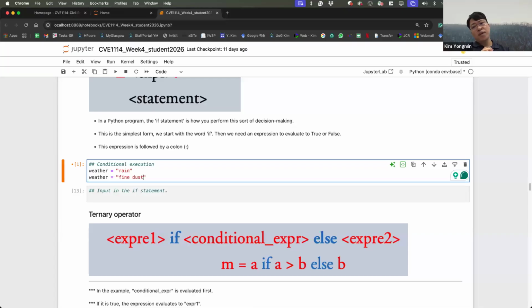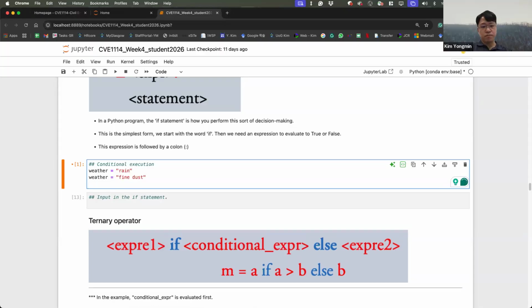Actually, in Korea, fine dust is a big issue. It threatens our students' health. Anyhow, if we find today's weather has a lot of fine dust, we stay at home. And then a sunny day, yes.